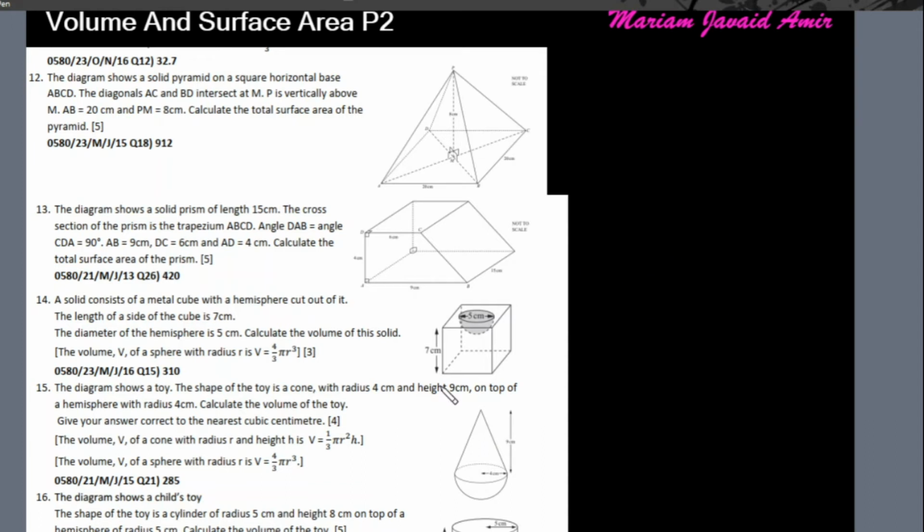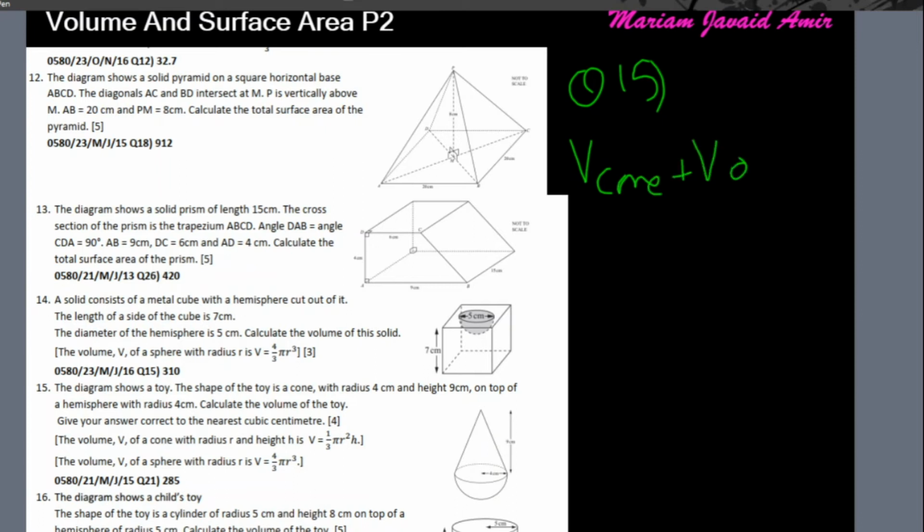Okay. Next up is question 15, which is the diagram shows a toy. The shape of the toy is a cone with radius 4 and height 9 on top of a hemisphere with radius 4. Calculate the volume of the toy. Give your answer in nearest centimeter cube. Alright, so total volume will be volume of cone